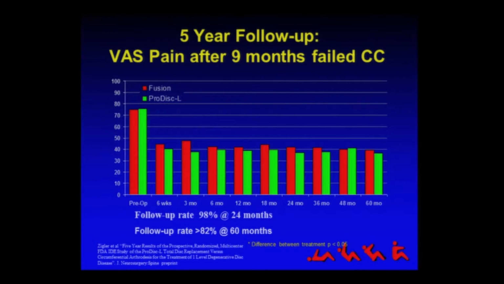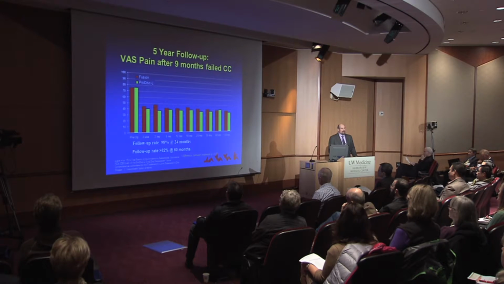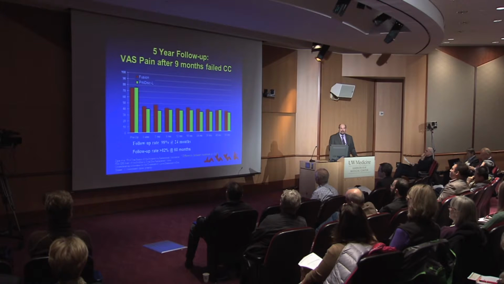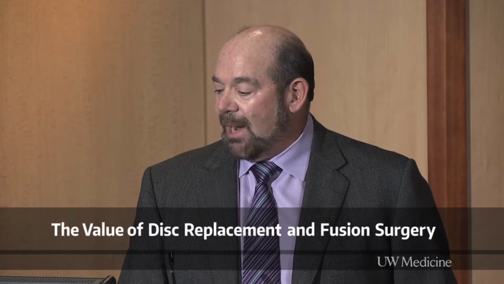You can see the baseline VAS for pain, back pain in patients was quite high, and these patients had to have failed a minimum of 6 months conservative care. The average patient actually had failed 9 months of conservative care, so they entered the randomization process with a VAS between 7 and 8 out of 10. Immediately after surgery, at their first follow-up at 6 weeks, that was cut nearly in half, whether they had a 360 fusion at that single level or arthroplasty. You can see that this data was tracked out through 5 years, showing maintenance of improvement. So here's good hard data now demonstrating the efficacy of a surgical intervention.